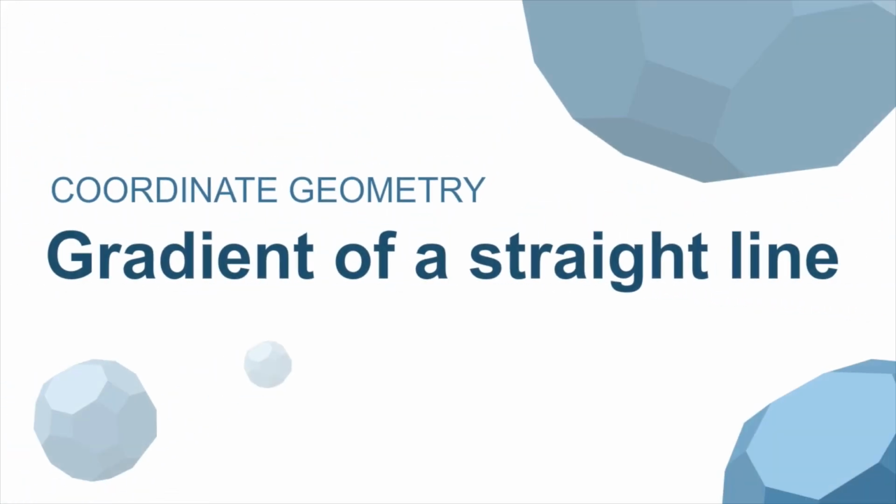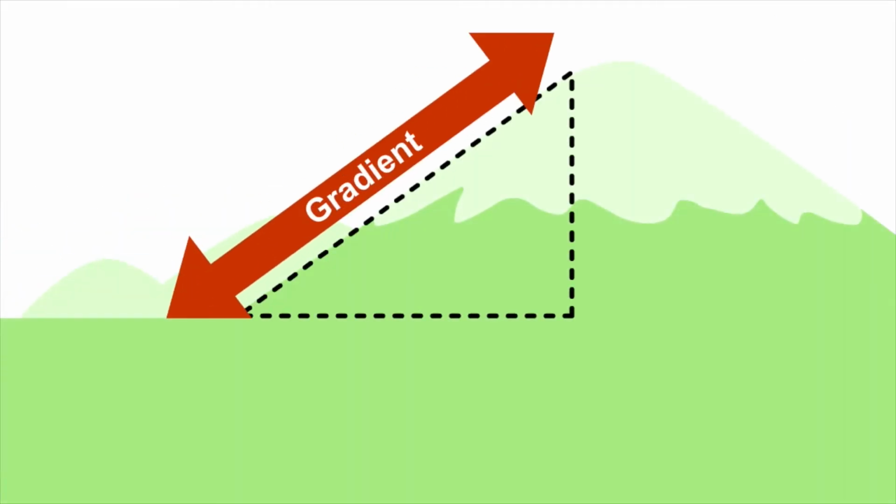We have so far learned how to find the lengths of horizontal lines, vertical lines, and diagonal line segments. In this video, we will learn how to find the gradient of a straight line. You have learned that the gradient of a straight line refers to the steepness of the slope. Given this hill, if you would like to determine the gradient of the slope of this hill, we can